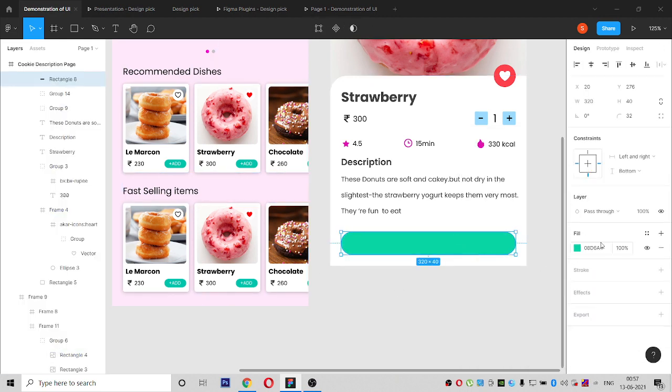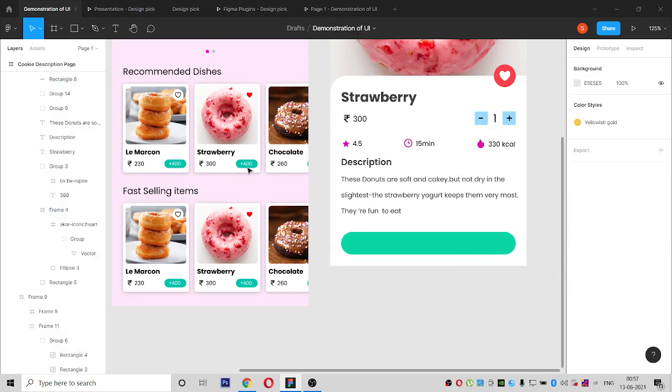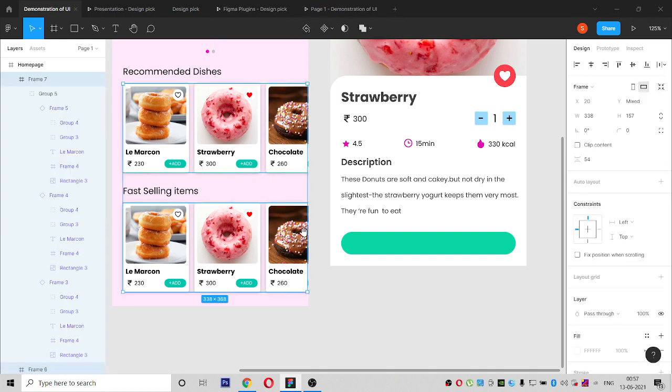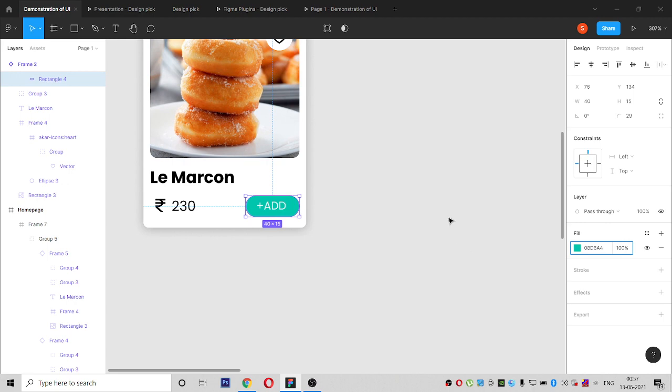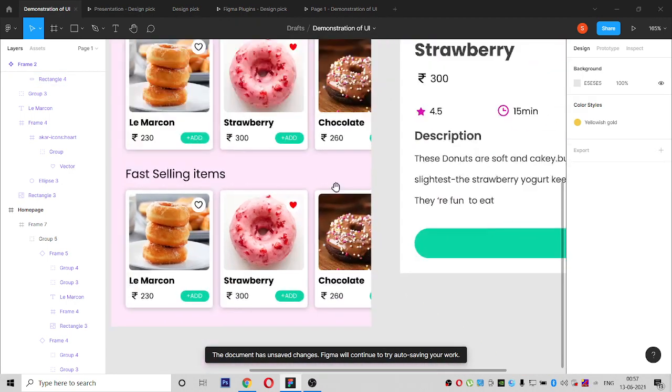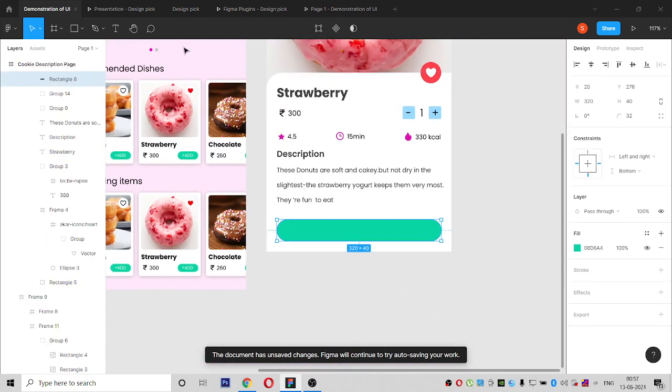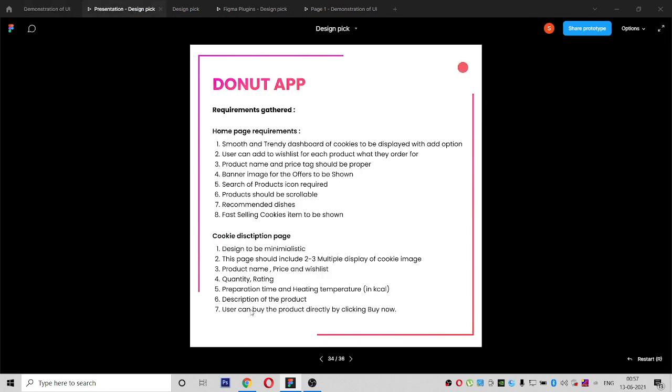Change this color code for everything here. So as we used a component, we can change the color to the same color. So what should the button name be? User can buy the product directly by clicking the buy now button.